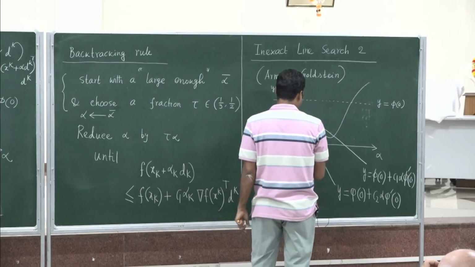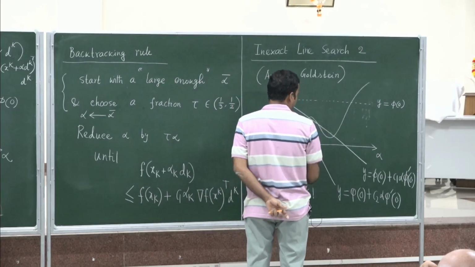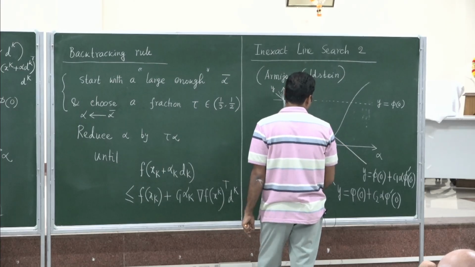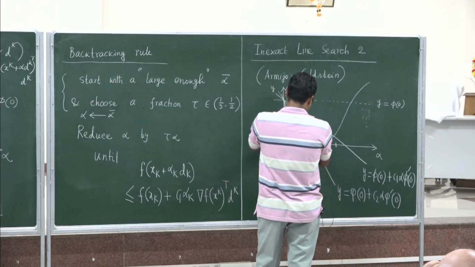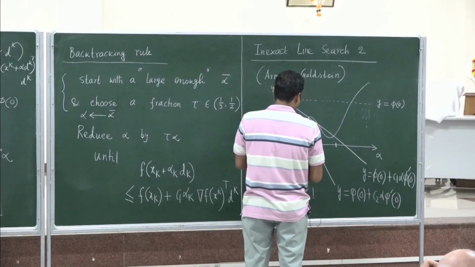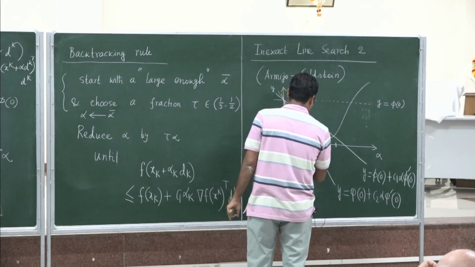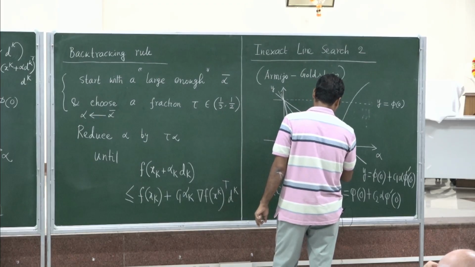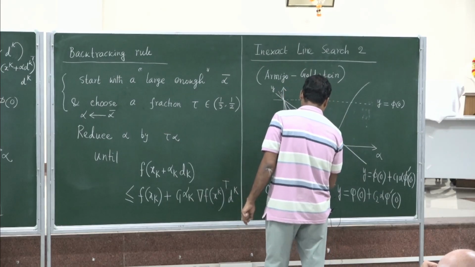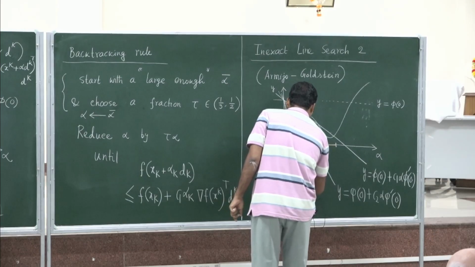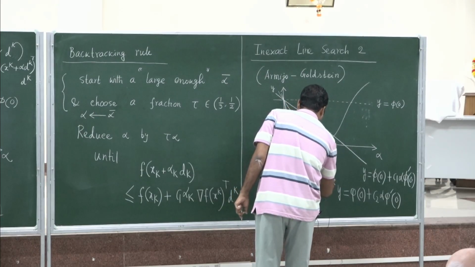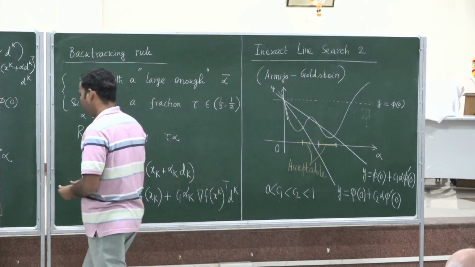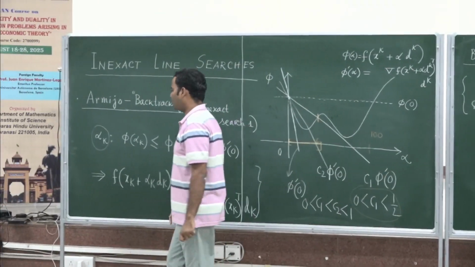Fine, and then we notice that above this line and below this line goes here, this region, and above this line, and here is a particular region. So here in between, from here to here, this region, and here goes another region. So these two regions are the acceptable region in the Armijo-Goldstein rule. In the Armijo-Goldstein rule, in terms of inequalities, we have the following formulation,